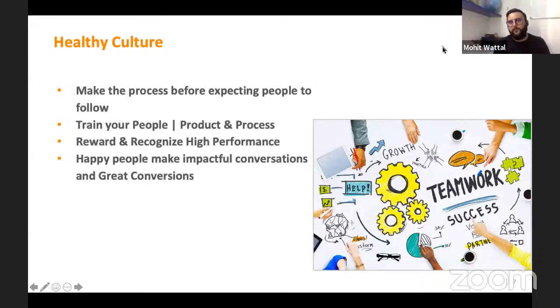Train your people, not just about your product but also about process. Ensure that they understand the criticality of a lead lifecycle. Now they will also know, if I were to make a call to somebody, we've taken multiple examples, so take the example of the car showroom. If I were to make a call, it would be a